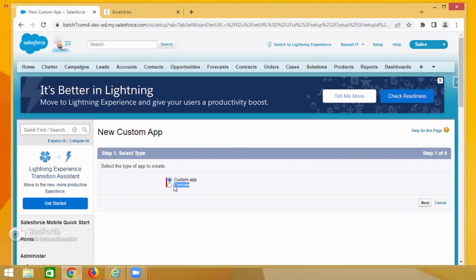Here, there are two types of applications, guys. Application types are two. Okay, the first one is the custom application, the second one is the console application. So what is the difference between custom application and console application? Okay, so custom application is,